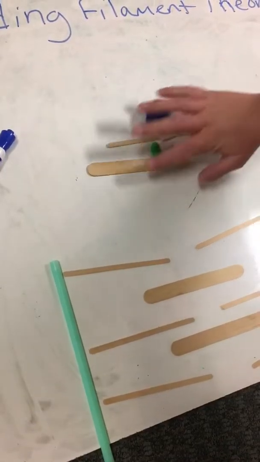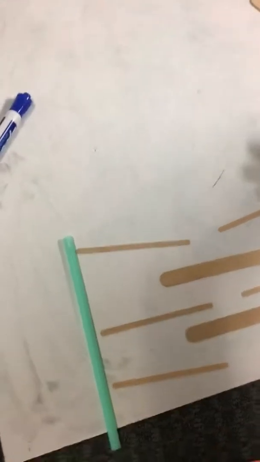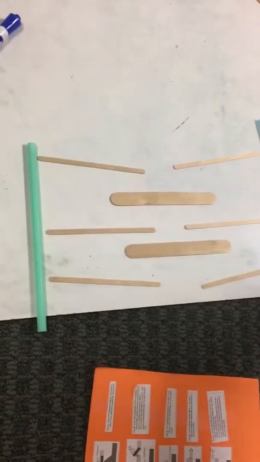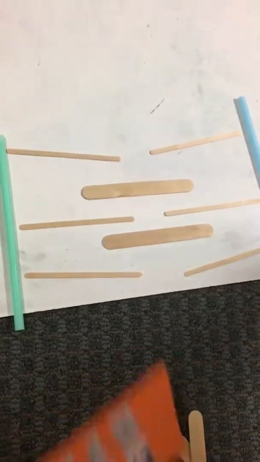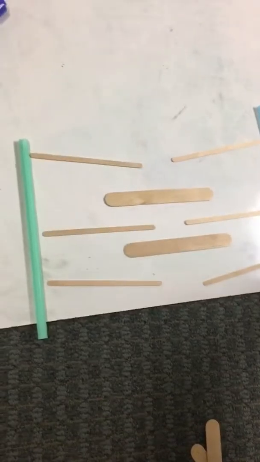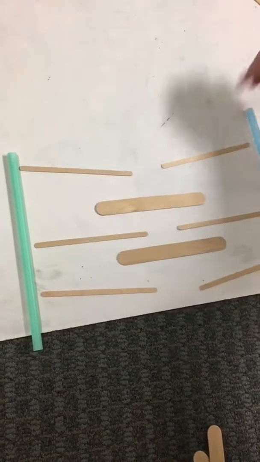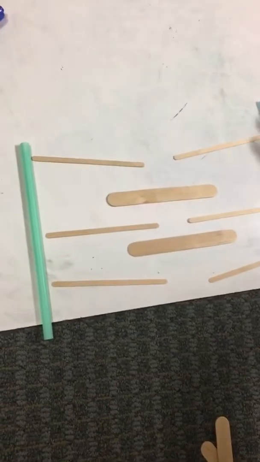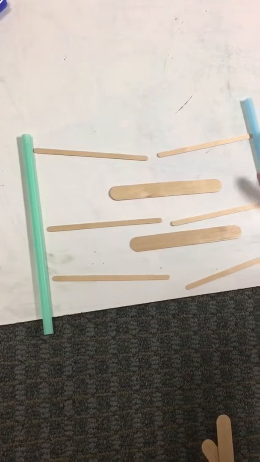Now what that looks like on a bigger scale, this is the sarcomere right here. And the thin popsicle sticks are the actin, and these are the myosin. And these are the Z-bands. So when a muscle contracts and does those actions, the sarcomere also contracts. So the actin is pushed in by the Z-bands on this side,